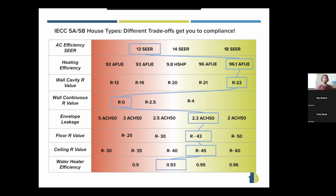So we picked out a few homes in New Jersey, and not just a few homes. What we actually did is we took all of the homes that pass in New Jersey and clustered them into similar clusters of homes. And similar meant that they had similar values of these different variables. And then we asked, what are those actual clusters, to give us an idea of how people are trading things off. And one trade-off that we saw was 13 SEER AC, 96 AFUE furnace with R23 cavity insulation, no continuous,